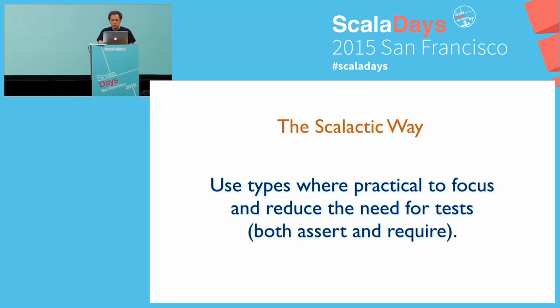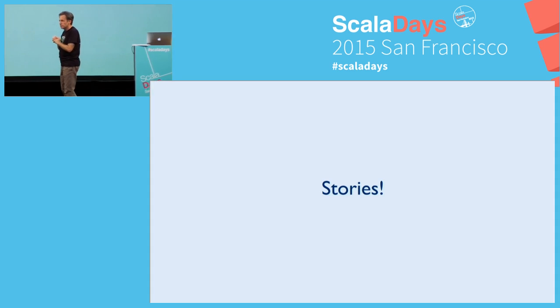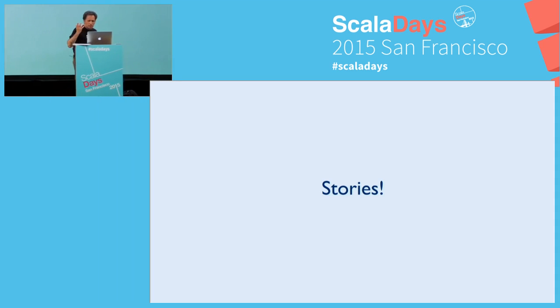Okay, so I have some stories. That was part one. That's sort of the opinion of Scalactic. Not too earth-shattering, but that's what it is. Use types to achieve quality. So before I go to part two, I wanted to tell some stories, and there's three of them actually. One of them requires